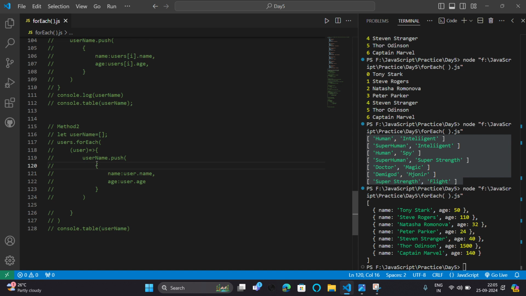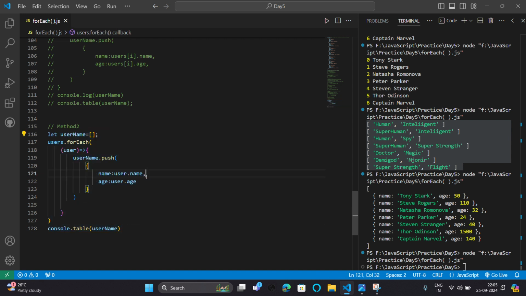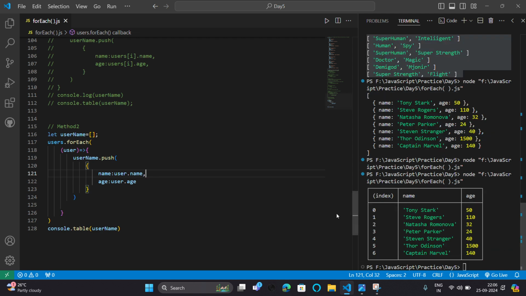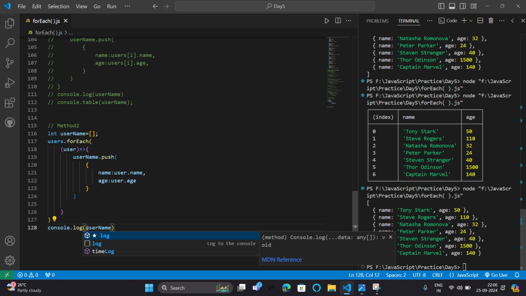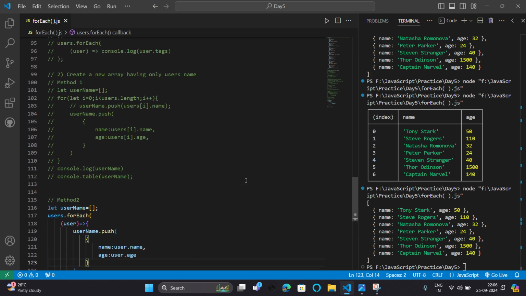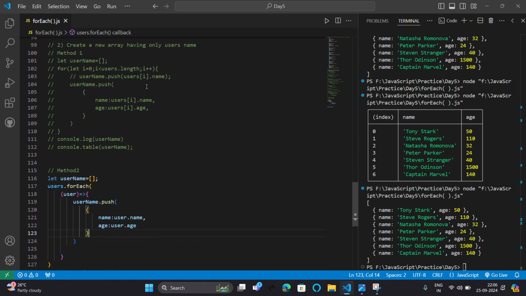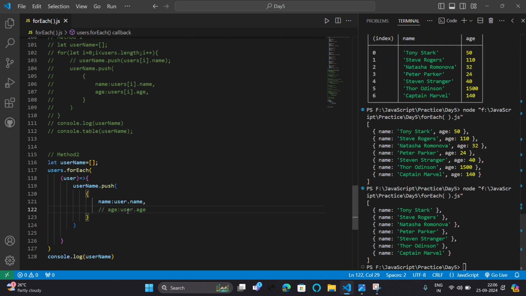It automatically iterates from 0 to the length of that array. I just have to comment it out and run it. So it prints in table format. If I log it, it prints like this: the users' names. I comment it out, and it has only the names.